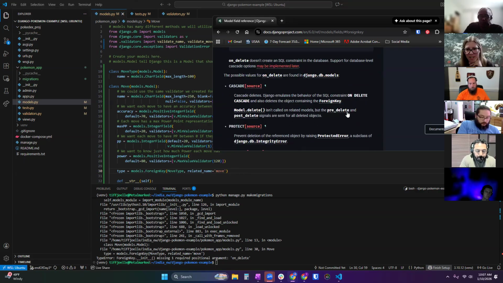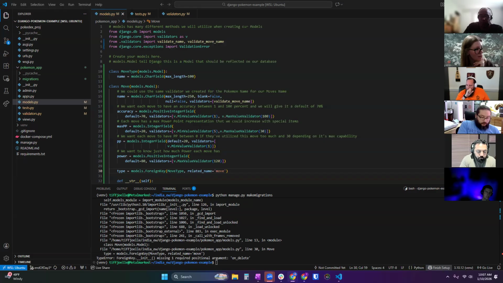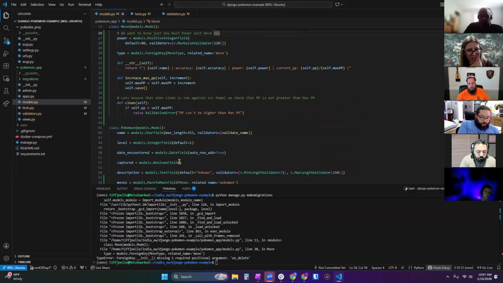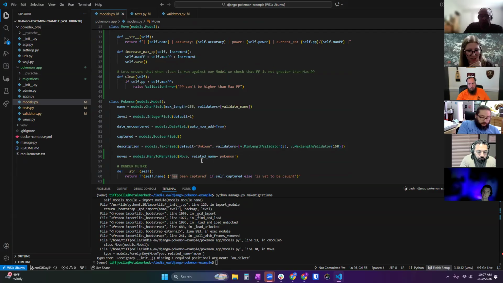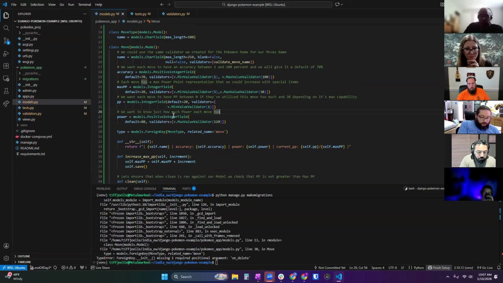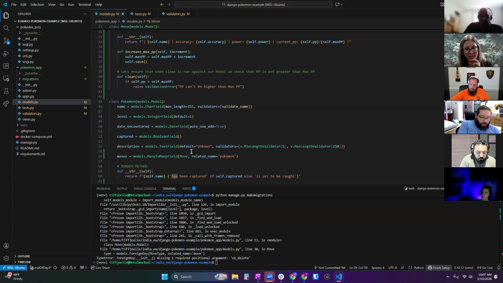A lot of times if you have this cascade, that's good to protect all the information, but you also got to think about what happens if you delete the move. That shouldn't be a problem here, because our many-to-many would just remove it from the list that the Pokemon has. So that would be fine. And I think also because the Pokemon doesn't have any foreign key, right? So it shouldn't have any problem. Yeah, it has that intermediary table. So it doesn't directly have the foreign key, it just has that go-between table holding it.